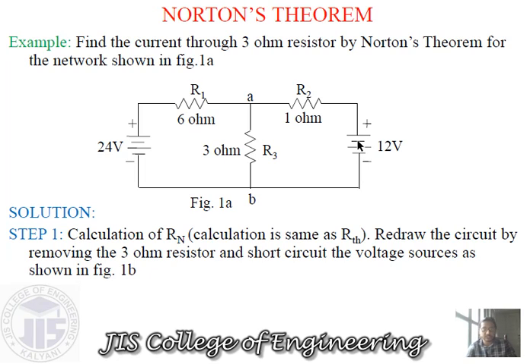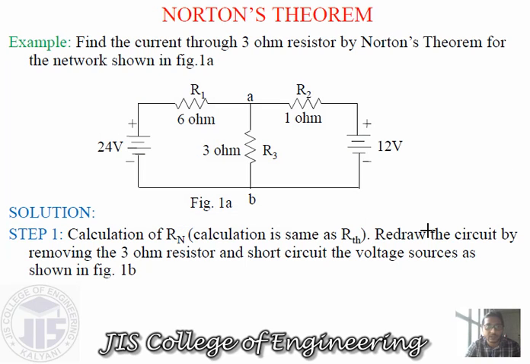So which types of sources are there? Here there are voltage sources, and we know the equivalent resistance for these sources is negligible, or 0. So if we want to replace these sources, we can directly short these two terminals, as well as we can directly short this terminal also, right?